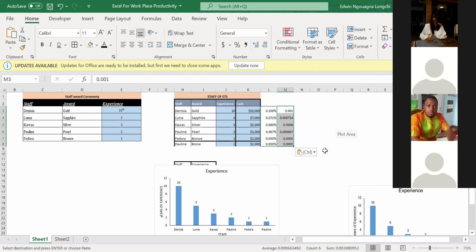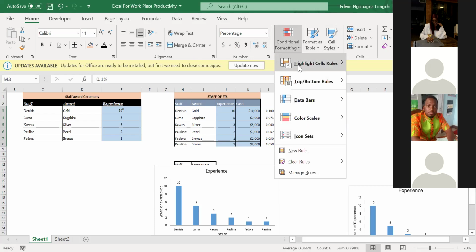Yes. And when I pasted it, the percentage sign goes away. So I came back and put on my percentage sign and increased the decimal points, as I showed you guys with the arrows, to 3. So it's the same thing that was here. I put it here. So I highlight this one now.